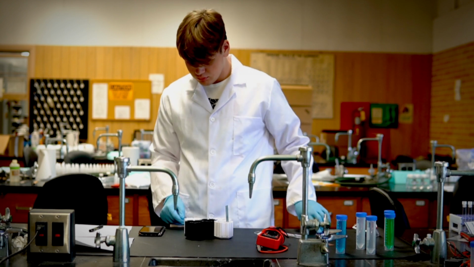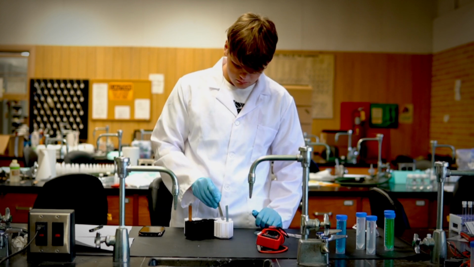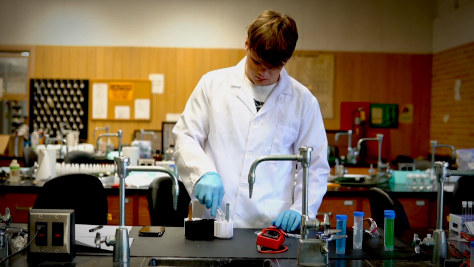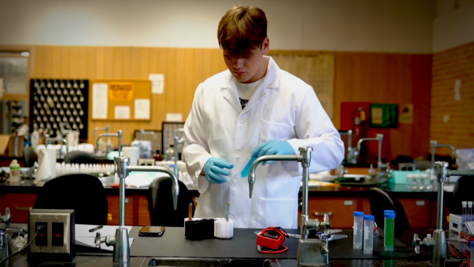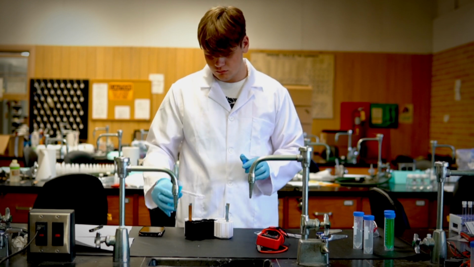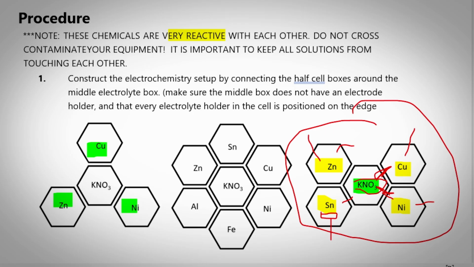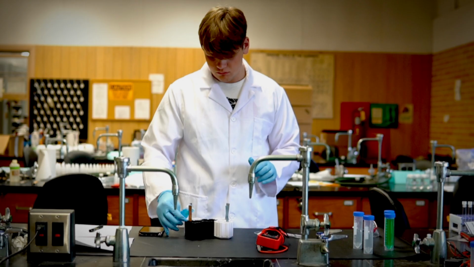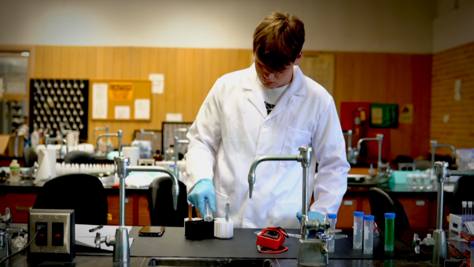So you add copper, you add zinc, or whatever other metals you have, and then after you add the metals, you're going to pour the solutions in the appropriate metals. So for example, what Bryson has there is copper sulfate, and the copper sulfate is going to go with the copper electrode, right? Very straightforward, but very important that you match them, right? So we are trying to match these. All right, so going to add the metal, and then in the middle you add the salt bridge